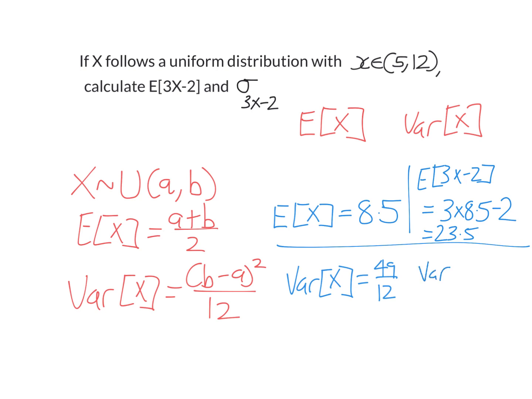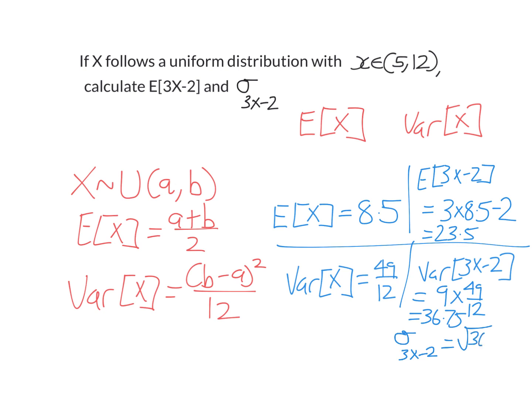So the variance of 3x minus 2, so remember, the minus 2 part, subtracting 2 from each score, doesn't change the variance, but if you multiply each score by 3, you multiply the variance by 9. So the variance would simply be 9 times 49 over 12. So the variance would be 36.75,